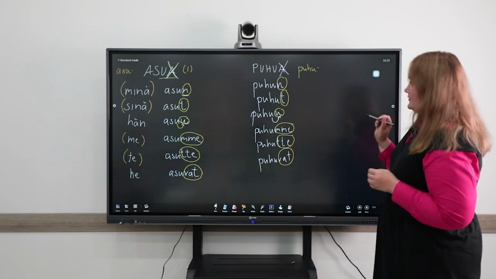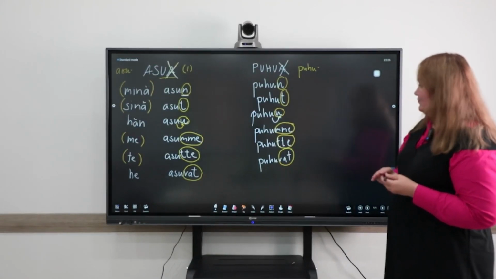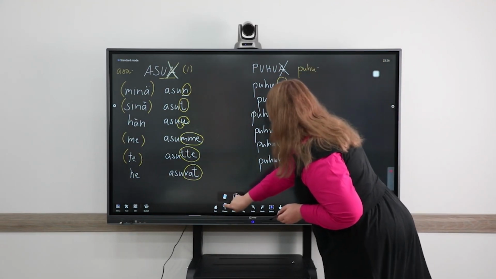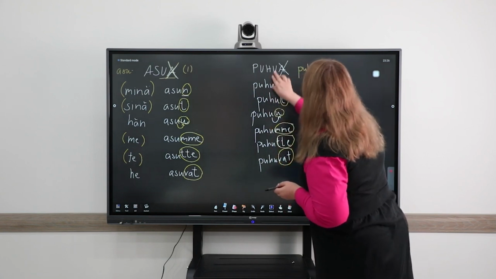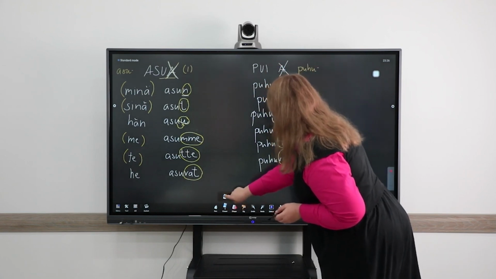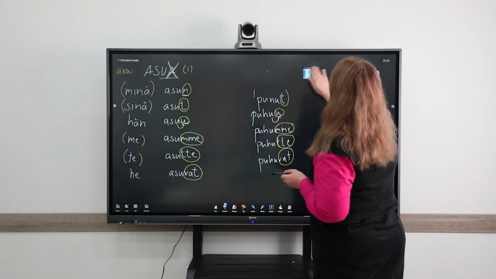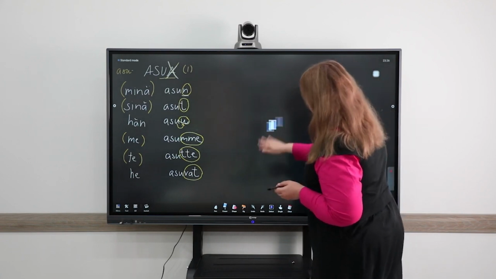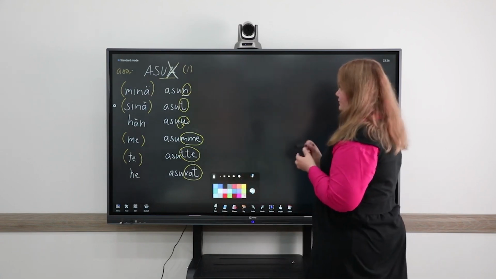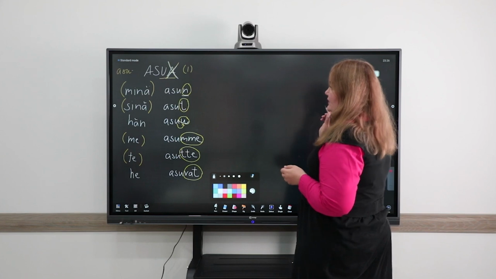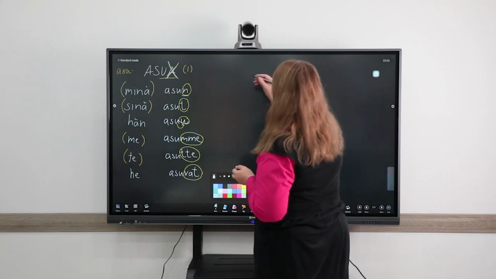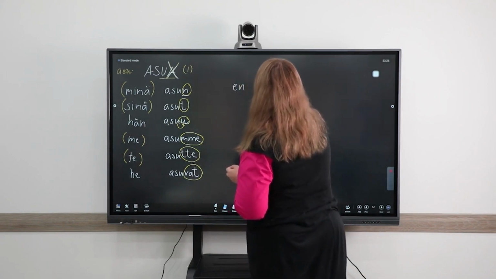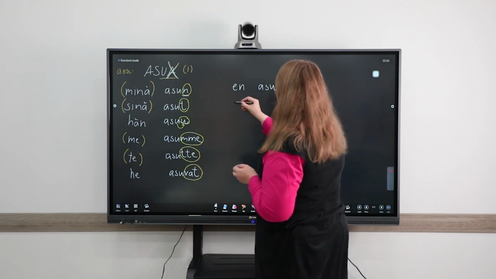Also, let's take an example of the negation, the negative verb. So for this one, I just erase the other verb. It's maybe easier to see. So, how to say I don't live in Tashkent? It would be minä en asu Tashkentissa. Minä en asu. Sinä et asu